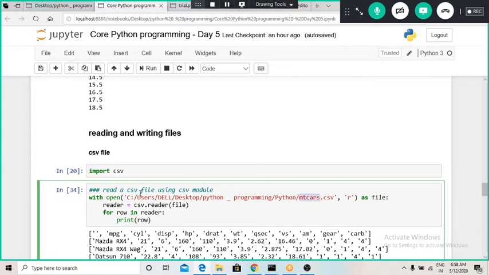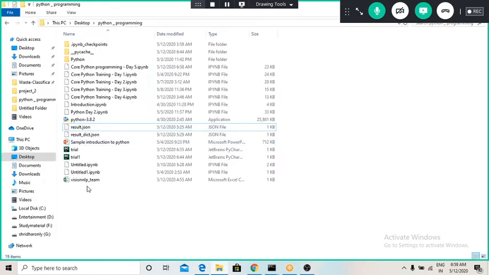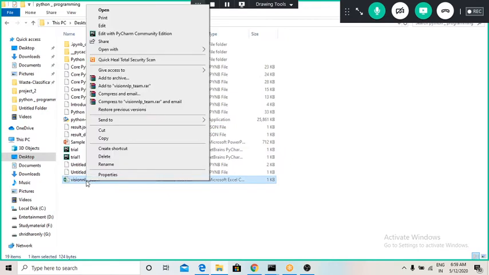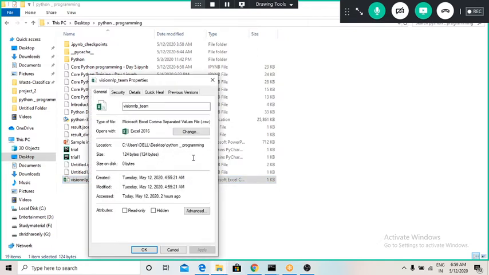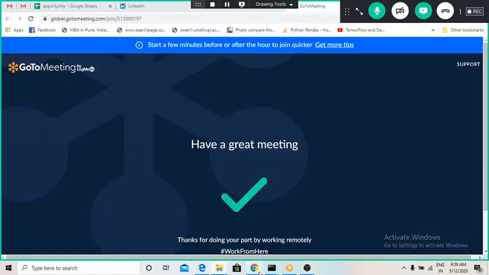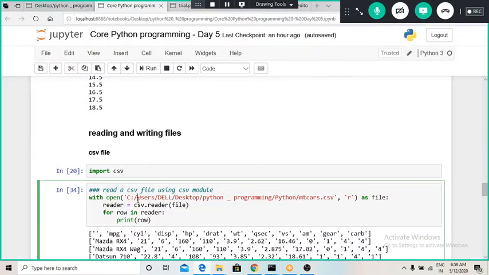Whenever we are using Windows for programming and we want to get an item's location, like here this is one CSV file and I want to get its properties, while accessing the file path we have to make sure that the backslashes are converted to forward slashes. Whenever you import a file, you have to replace them in the file path.